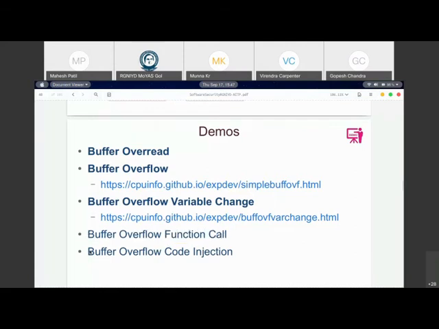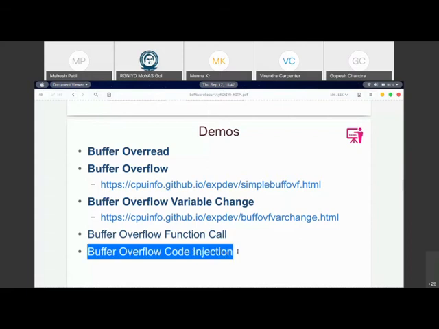Now, the last one is what we are going to discuss, which is nothing but getting the code itself being sent. As I was talking about, this is more sophisticated, and here what is happening is we are sending a code to the program, and that code will go into the data memory of the program. It will execute in the data memory, and it will give us back the executed code actually.